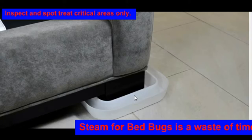It does look practical, but this would be something you would use temporarily, like if you would do your own treatment. This is something you would leave for about a week or two to see what's going on, to see if any bed bugs are running off a treated couch or treated bed, or you can kind of determine, because when you do spraying, that's when you're really going to get them activated. So this thing's not designed as a permanent fixture. This is probably something that you would use as an option, as professionals